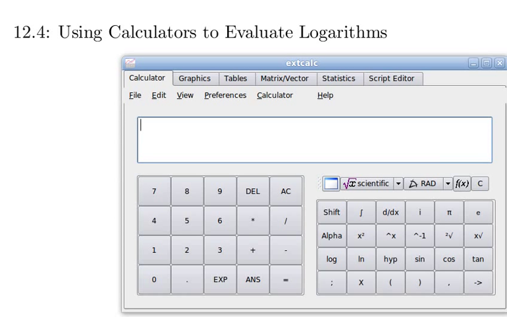In this last video, we're going to talk about using calculators to evaluate logarithms. In my opinion, this is the easiest section of the semester, of the entire class, by a long shot. The reason why is because you're using calculators to do most anything. You just have to make sure you understand how to use the calculator. And that can actually be kind of a chore for some calculators, because some can be kind of difficult to use. That's why I recommended at the beginning of the semester the